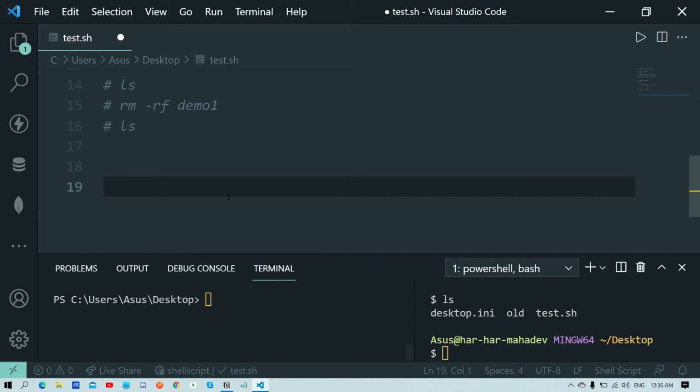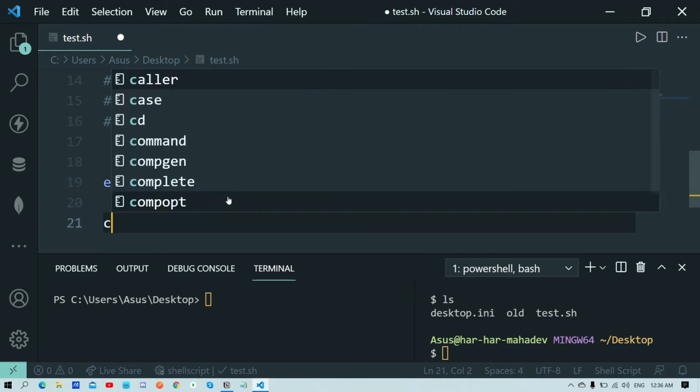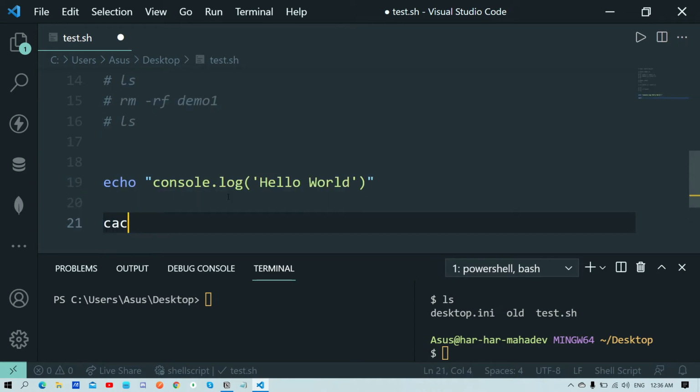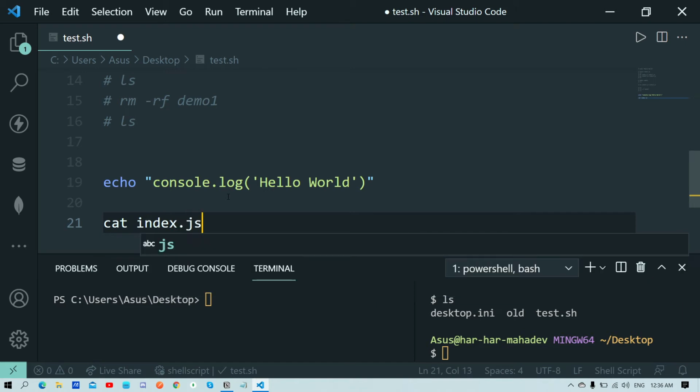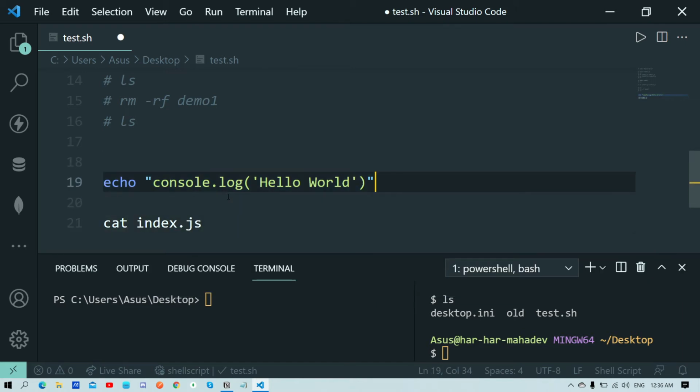Cat is remaining. So now I'm going to write echo something like console.log, and in console.log I'll simply write hello world. This is just a hello world program, and I want to see what is inside it. So I'll use the cat command, cat space the name of file, index.js. Index.js is not there, so I'll write this inside index.js like this.